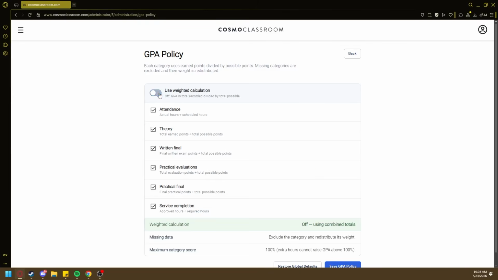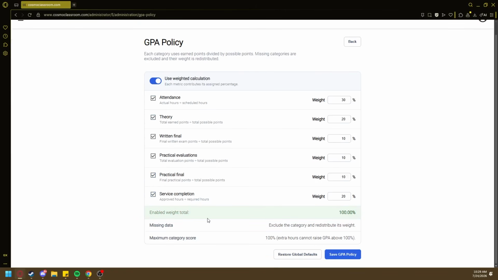If you don't divide it up as you like, Cosmo just bundles it all up together, and as you see, it just weights it itself, which is totally fine, totally doable. But if you needed a change, or maybe you don't even want theories to be counted, or practical finals, or attendance, you can choose what to pick from and what is actually going to be weighted and graded for your students, for your class. Once you're done, you can hit Save GPA Policy,